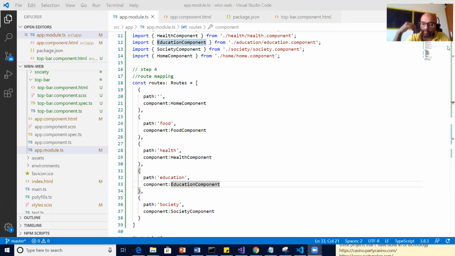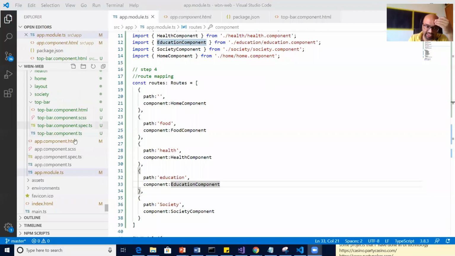Sorry, once you place the carton in the room, then you will open it. Correct. As I said, the router module is ready with the education component. Now it is saying, tell me where to put it. So the dynamic component we have created, it will load it into the HTML. I have used that term. You are all near to the answer. Remember? Layout. Okay. What else I told you?